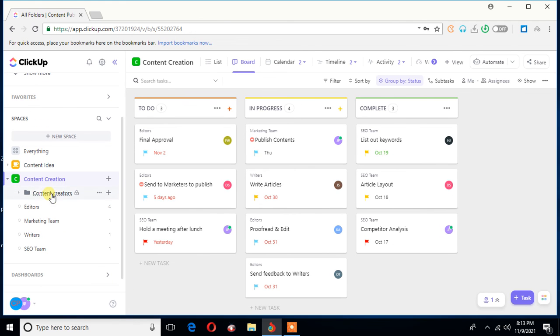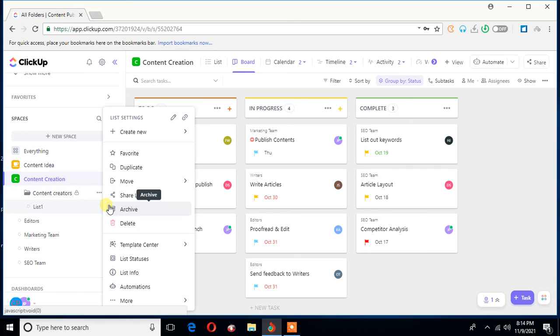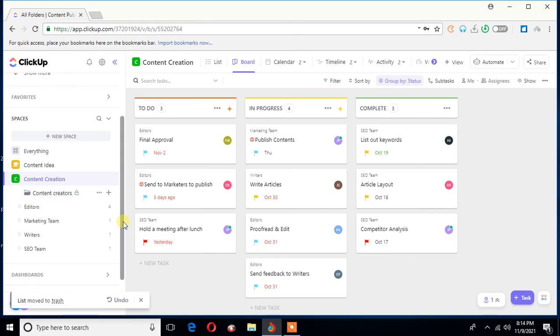Now what is that? This is the newly created folder, and as you can see, the folder is currently closed. If I click this button, the only list under this folder is seen. I want to get rid of this folder. I can delete this. Okay, it is gone. Now the thing is that you need to understand why I created this particular folder. I said that editors and writers, these two lists, they have something in common. They are writing contents and they are editing contents. So they are the